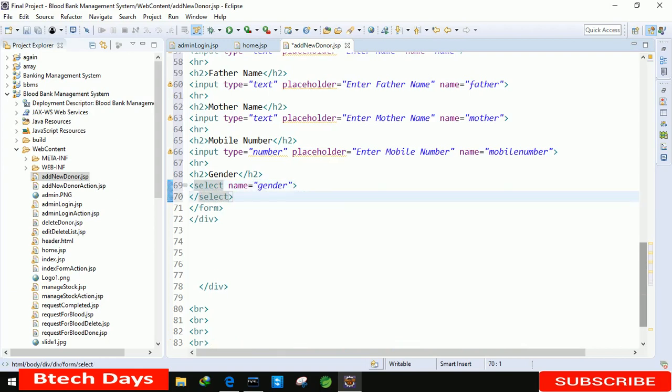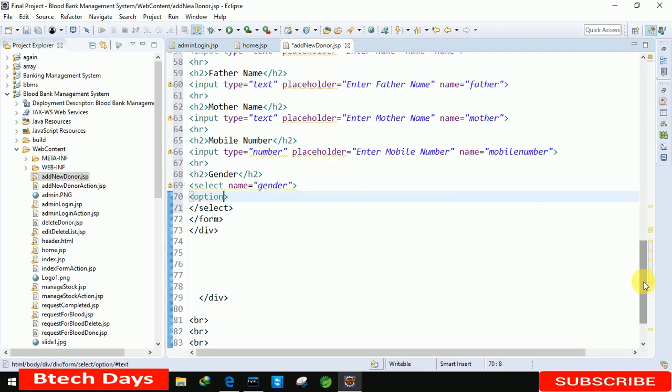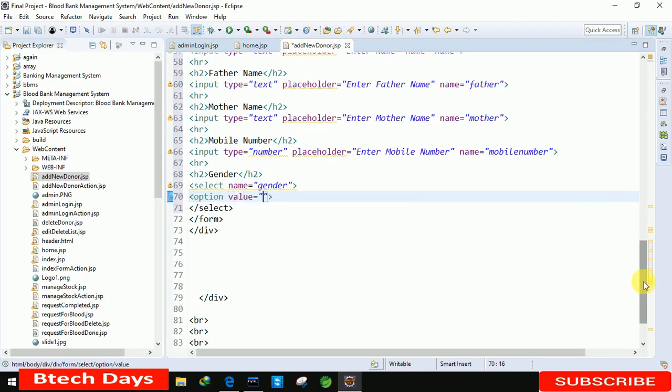Okay, in this we are inserting some options, this one option, value is equal to male, and we also need to close the option. Okay, and here we just need to write male.